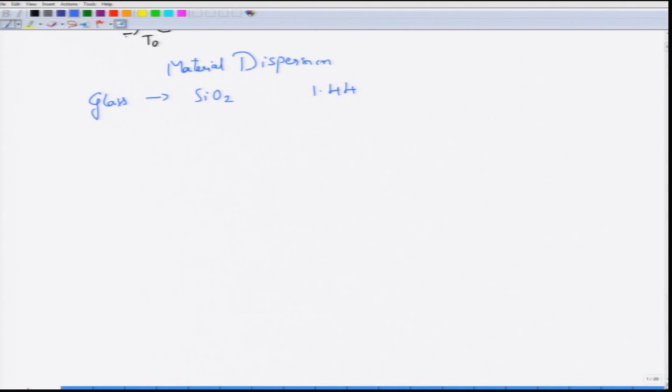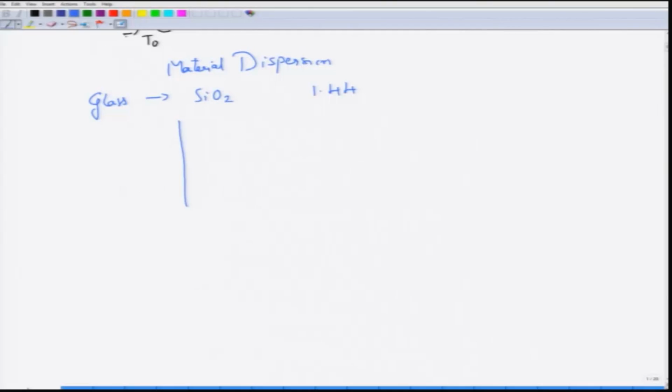Now we know that the core part of the glass has to have a higher refractive index compared to the cladding, and in order to increase this refractive index you have to dope this material with certain dopants. Certain dopants increase the refractive index, and certain dopants actually decrease it. So if you look at the refractive index as a function of the dopant addition, how much in percentage or in mole you are adding,